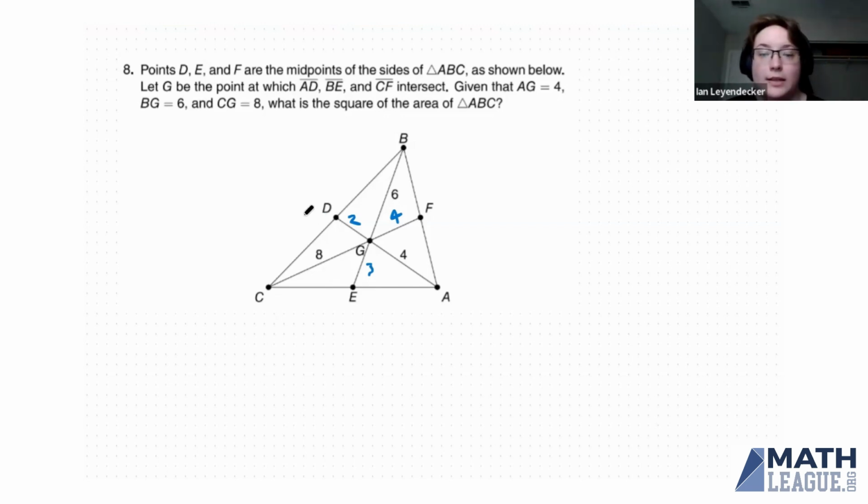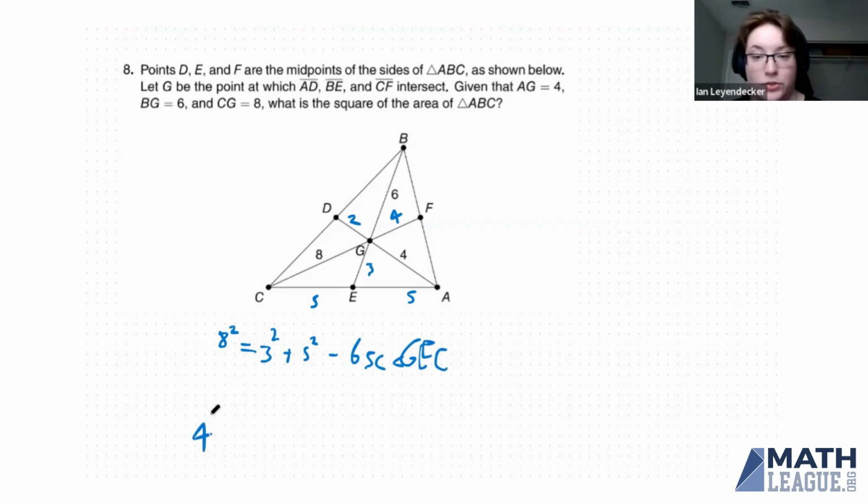Now, since we know that triangle EGC is 1/6 of the area of triangle ABC, let's go ahead and say that length CE is equal to S. And then line EA will also be equal to length S. And then by applying the law of cosines to triangle EGC and EAG, we find that GC, which is 8 squared, equals EG, which is 3 squared, plus EC, which is S squared, minus 6 times S times the cosine of angle GEC,